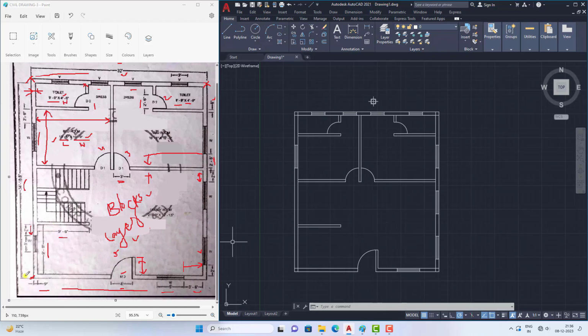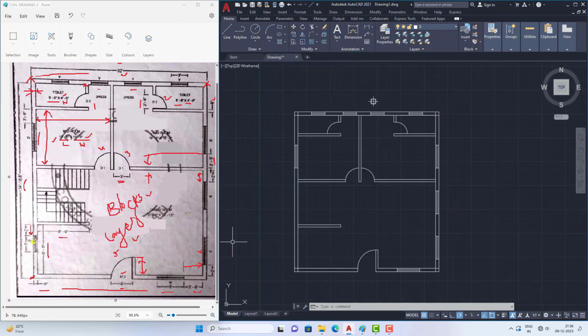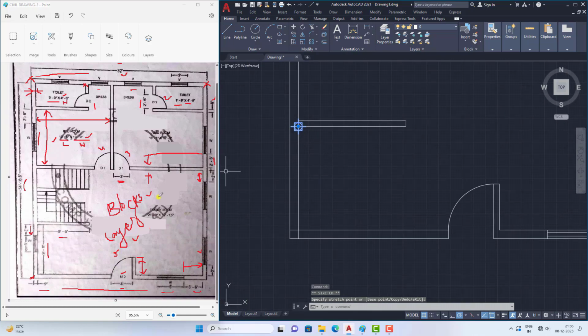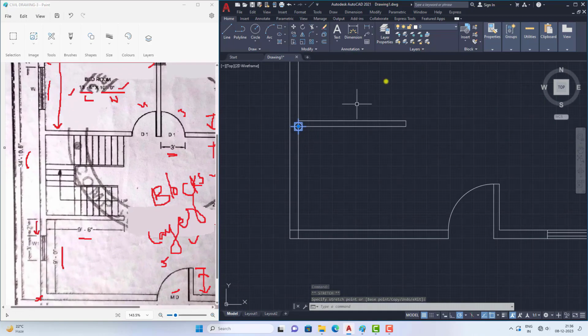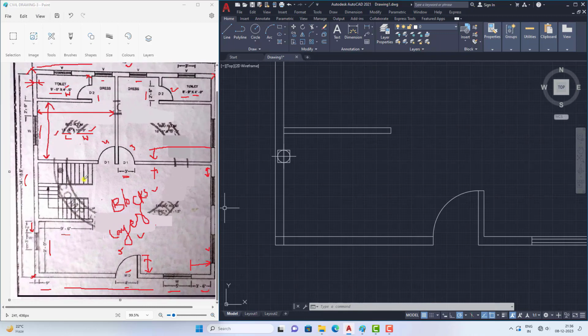Now our task is to create a window. So there is a window here also. We forgot to draw it. Now I am moving this point to here, and I am moving this point downwards, which is of 2 feet. So select this move and select this as the base point and move downwards to 2 feet and press enter. Now there is a 3 feet window here, and a 3 feet window here,